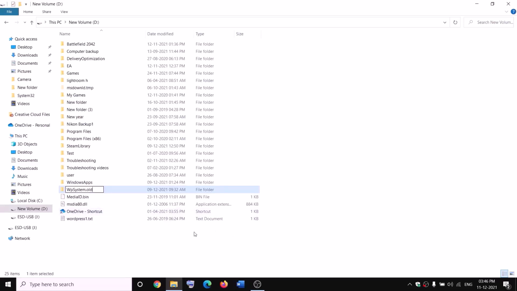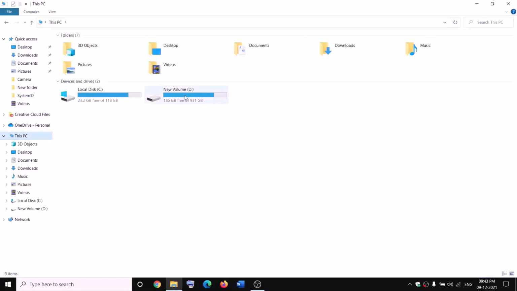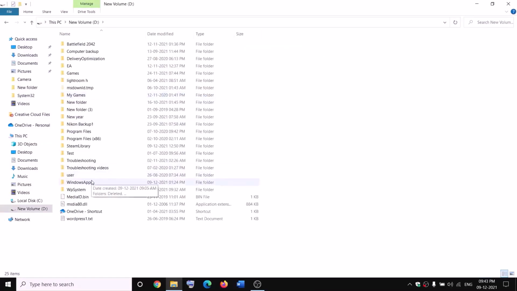Now, if you still face the problem, in that case, you can go ahead and restart your computer and then try to rename it once again. Open File Explorer and then go to This PC, open D drive, then make a right click on Windows apps